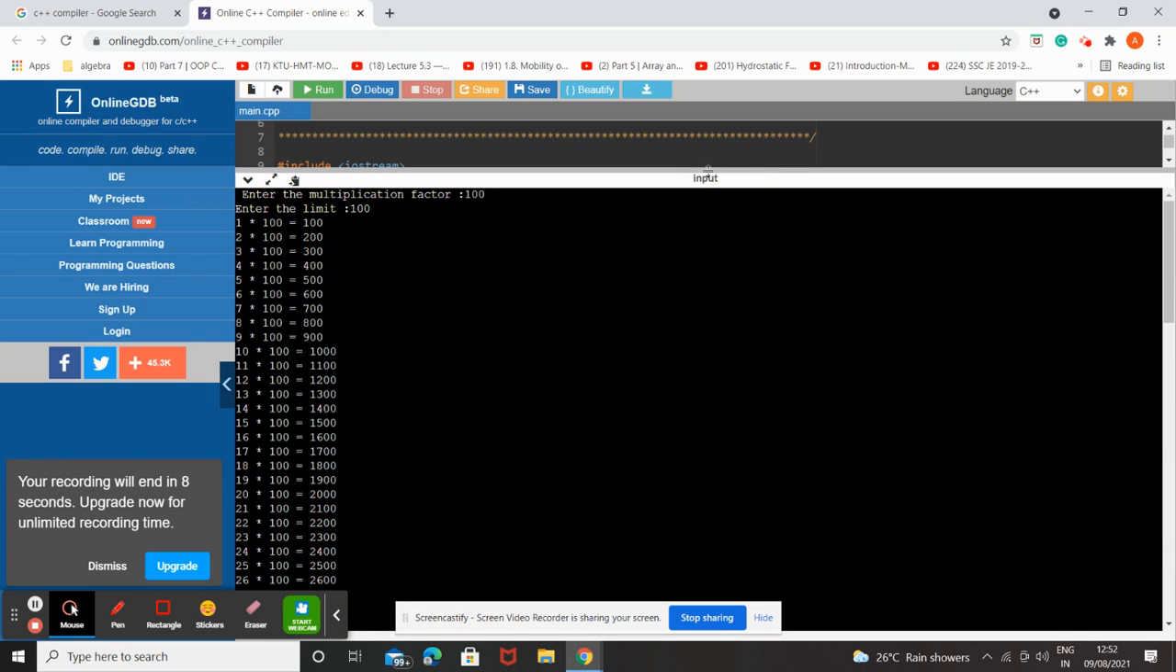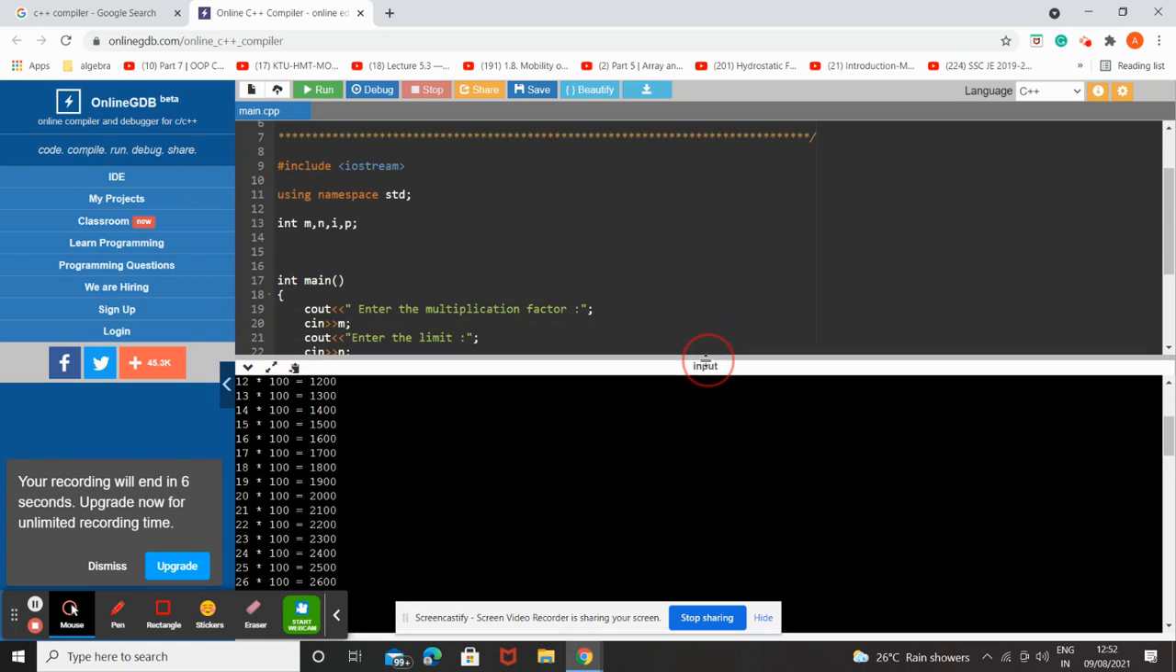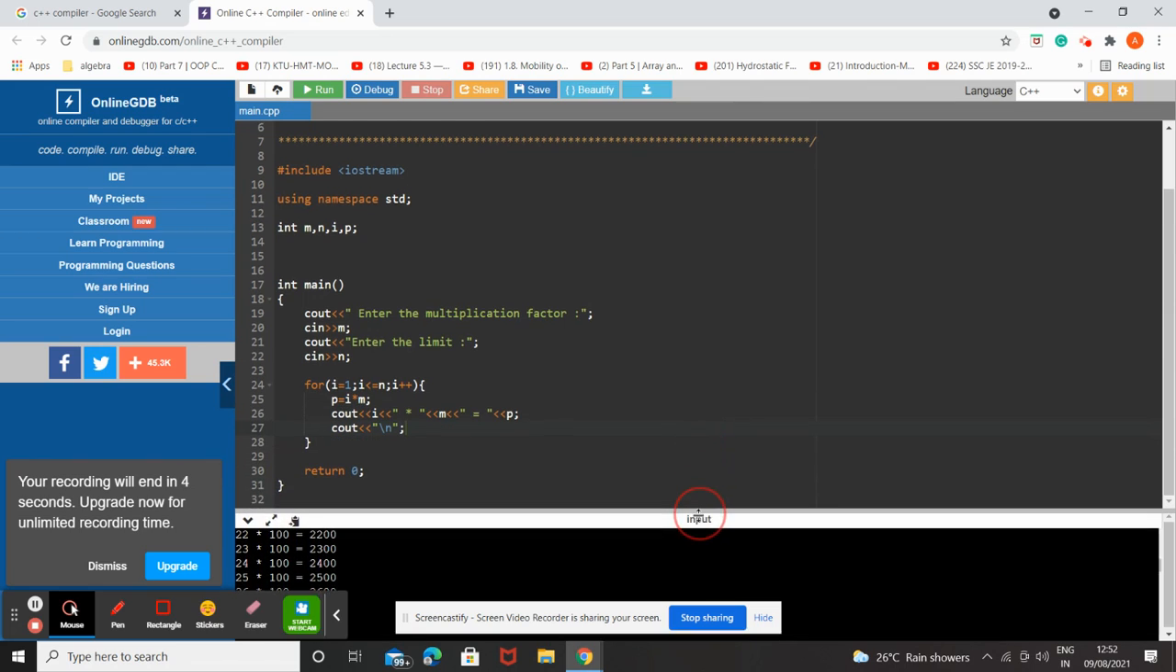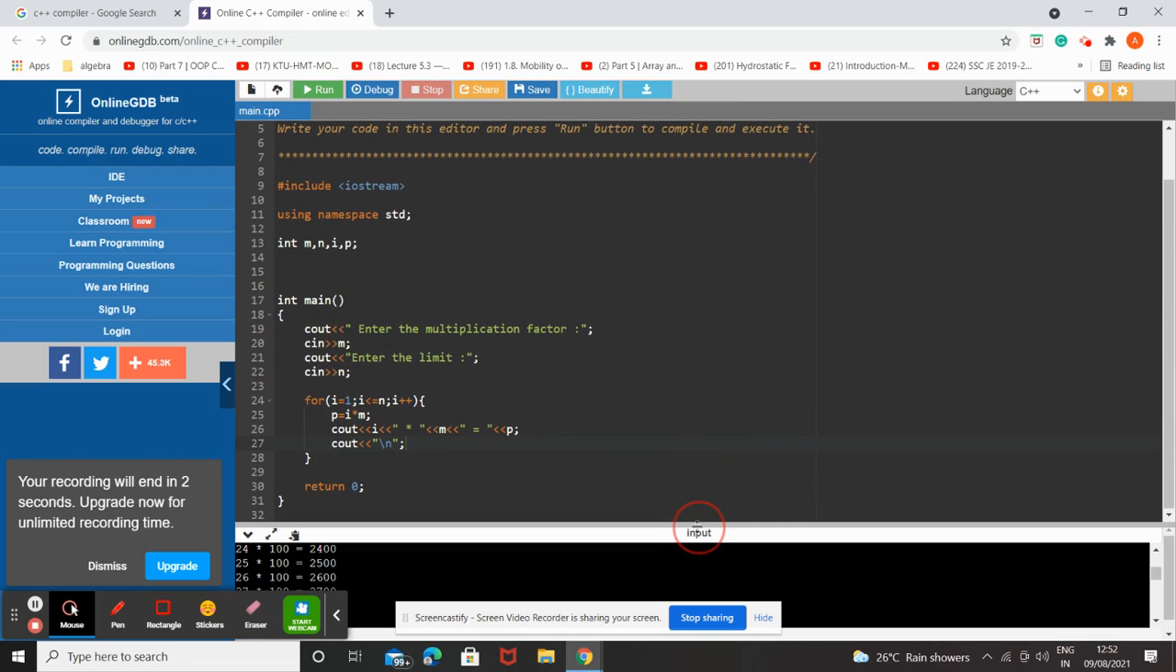So this is how we take an input and process the input to print a multiplication